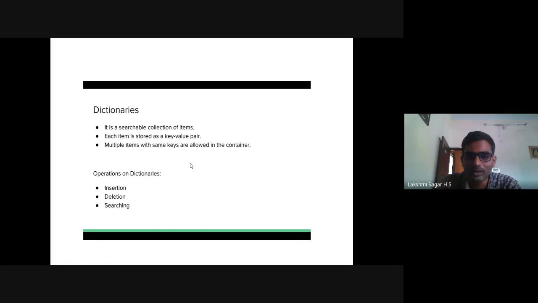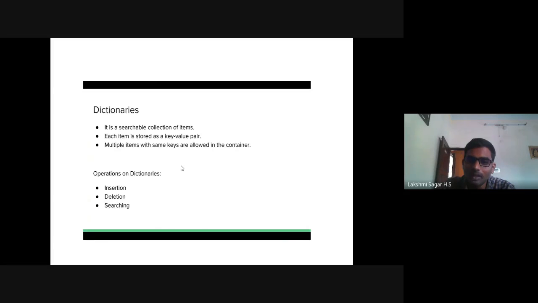So a dictionary is a searchable collection of items. Each item is stored as a key-value or key-element pair. Each pair has a key and an associated value or element. Multiple items with the same key are allowed in the container.